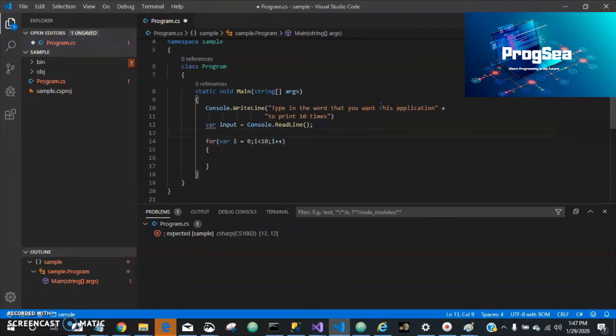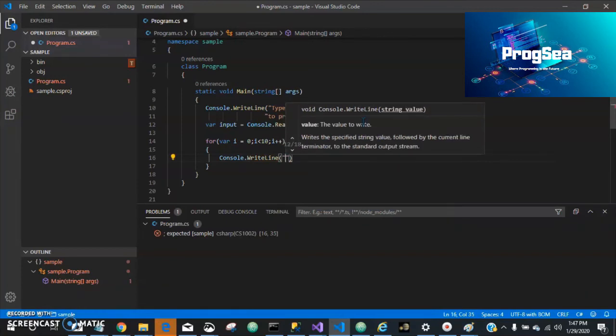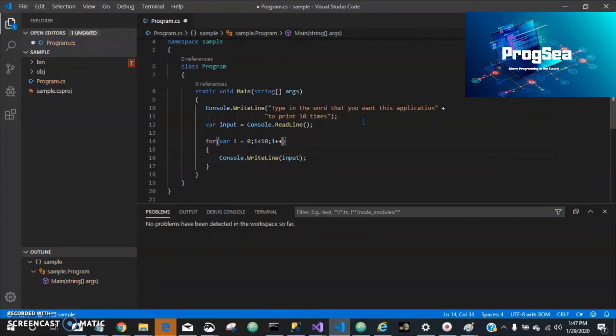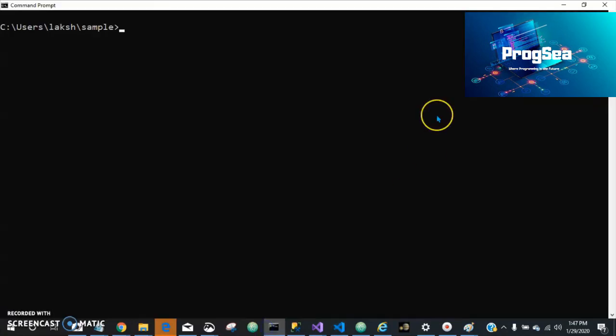So now the user has some instructions. This is what the for loop will do. We're just going to write line the input 10 times until I is no longer under 10. So now, dotnet run. When we run it,